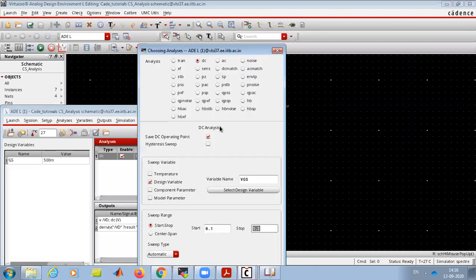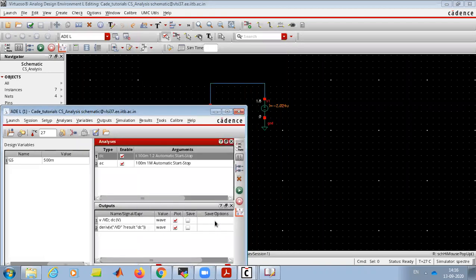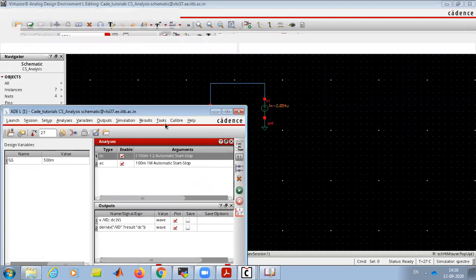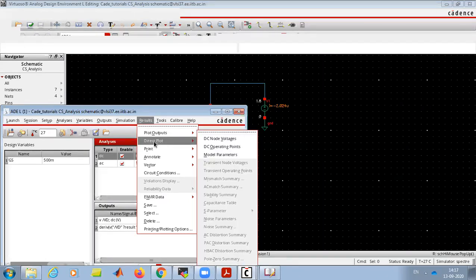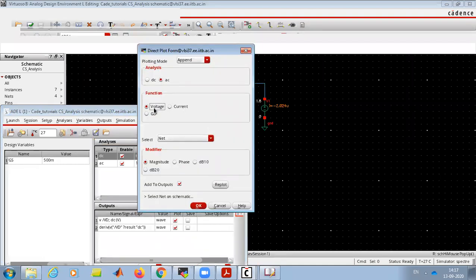Now we'll see using AC. So what will be the gain? We'll go to AC and select magnitude output.